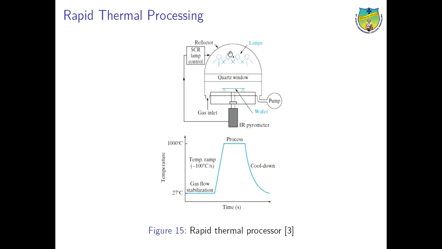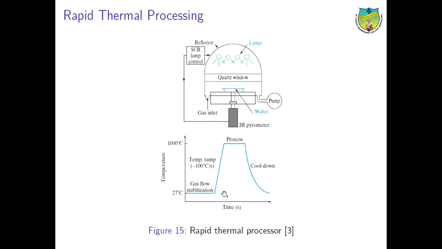When the lamps are turned on, high intensity infrared radiation shines through the quartz chamber and is absorbed by the wafer, causing the temperature to rise very rapidly, from about 50 degrees Celsius to 100 degrees Celsius. At the end, the lamps are turned off and the temperature drops down rapidly. So one of the advantages of this rapid thermal processor is the rapid rise in temperature, and it quickly cools down. So the three critical aspects of RTP are temperature uniformity and accurate temperature measurement.